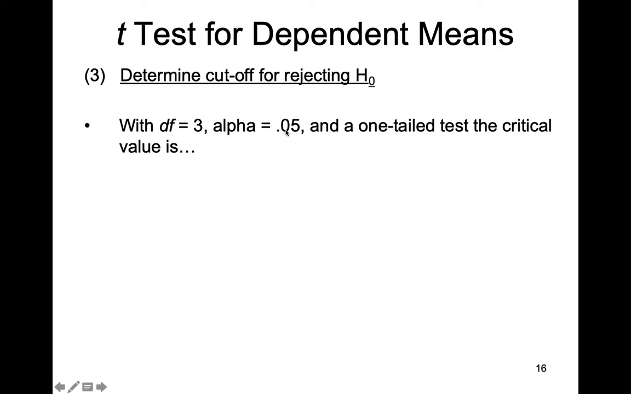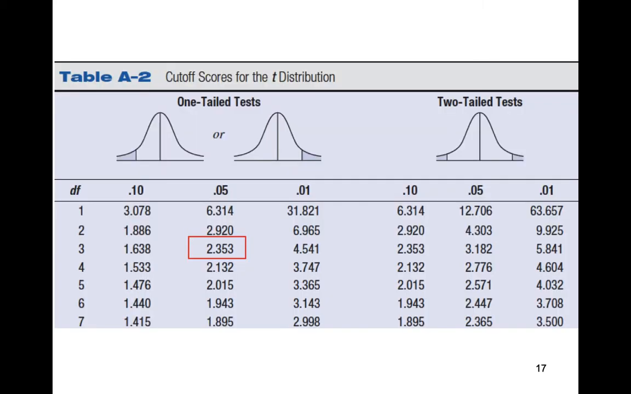Alpha level 0.05. Unless otherwise specified, by default, we're always going to use an alpha of 0.05. And in this case, we're using a one-tail test. Why? Because we had a directional hypothesis. We hypothesized that the exercise program would reduce depression. So going to our t-table, one-tail test, alpha 0.05, 3 degrees of freedom, we've got a critical value of